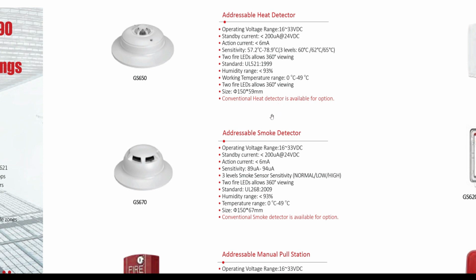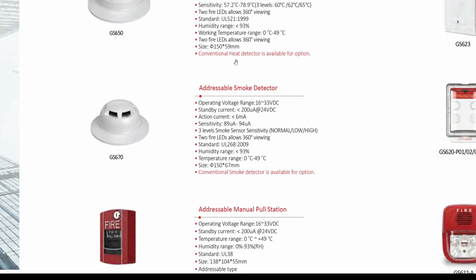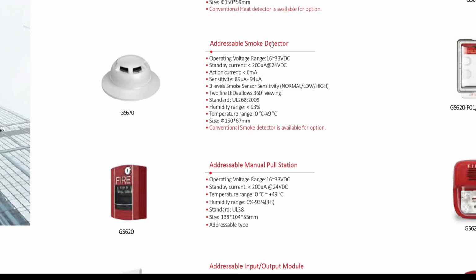Okay, a conventional heat detector is also an option. But we normally prefer to go with addressable. Sometimes clients need conventional, so they have the option of this as well. Okay, addressable smoke detector, the model is